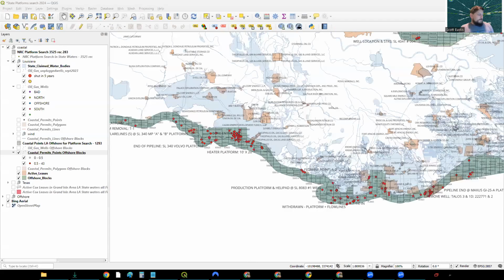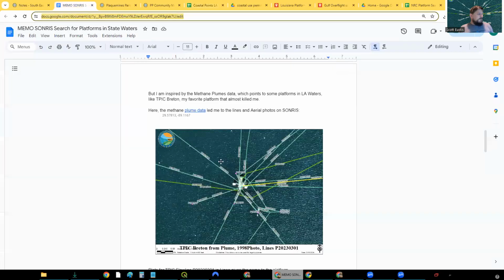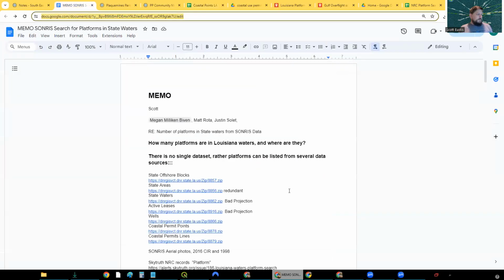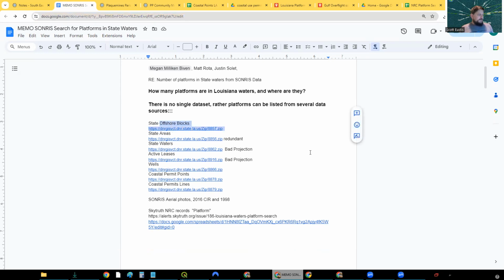That's the scope. Let's share some resources. So this is part of a memo. There's not a single data set as mentioned, but we have state offshore blocks, which isn't where we have some key facilities that are orphaned and leaking methane in Vermilion Parish that are outside of these